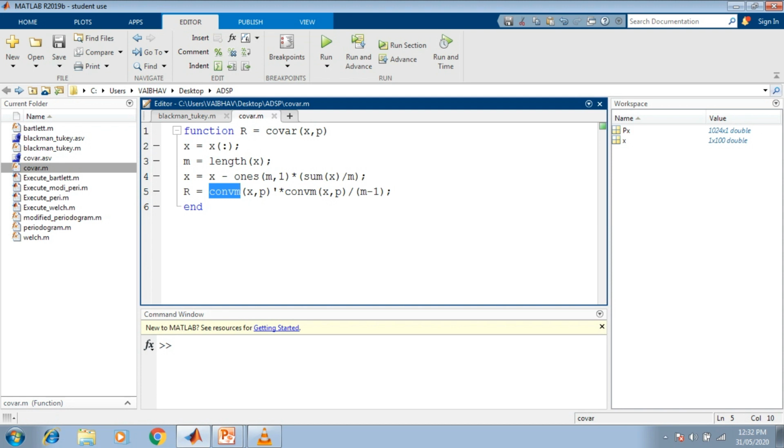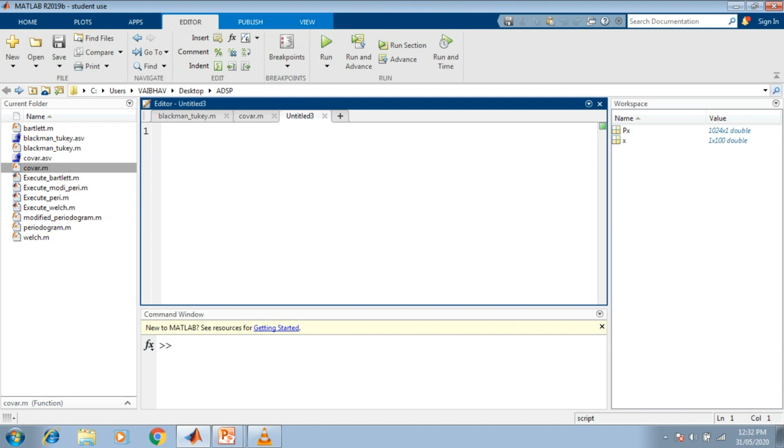So we again take an untitled script, and thereupon we write the function, and as part of this, we require the convolution matrix to be the output of this function. We denote it with the variable capital X. The function name, as we used in the earlier function covar, is CONVM.